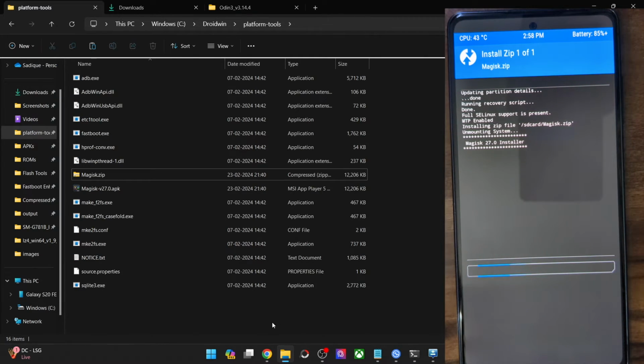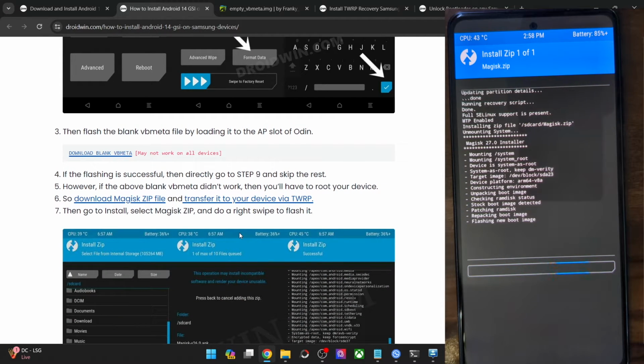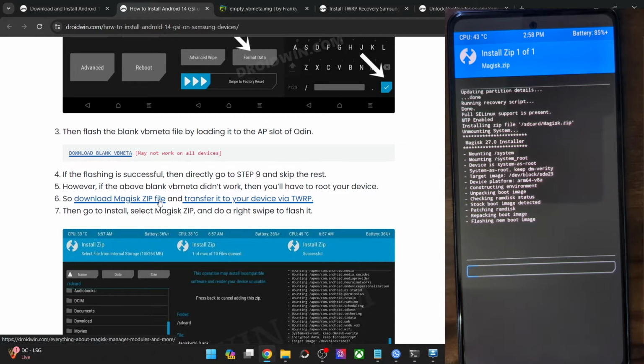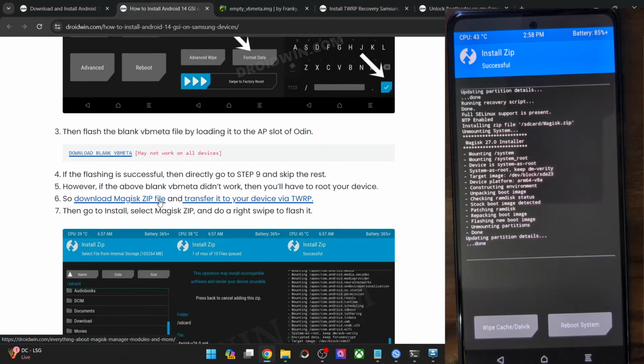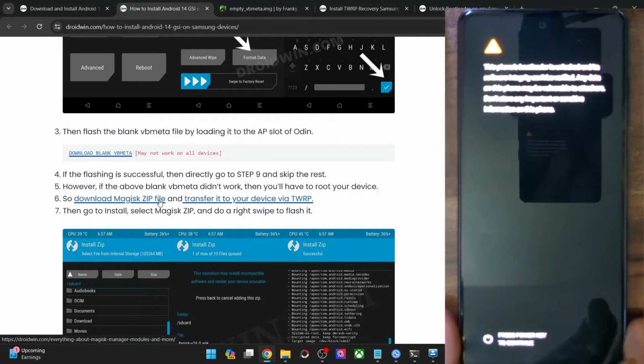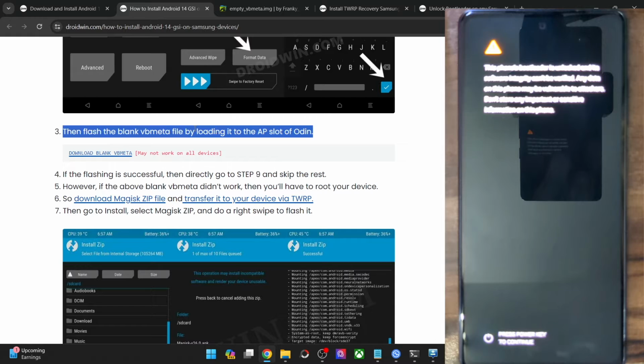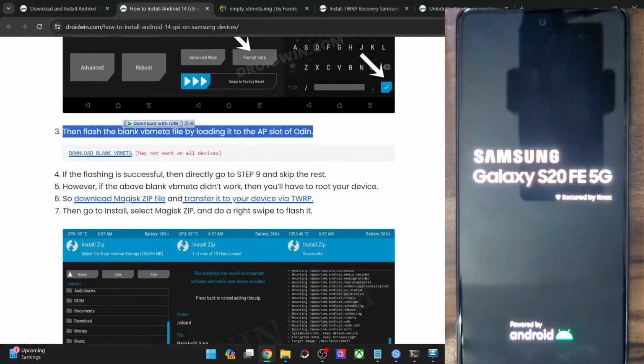And once the Magisk has been flashed, you will then have to boot your phone to the OS and then flash the Magisk APK file as well. So let's just wait for a few more seconds for the process to complete. And now tap on reboot system and your phone will now reboot to the OS. Do keep in mind that since we have done a format data during the flashing of the recovery file, and this is the first time we are rebooting our phone to the OS after doing a format data, the first boot up will take some time.